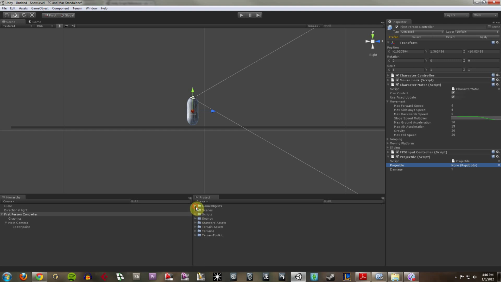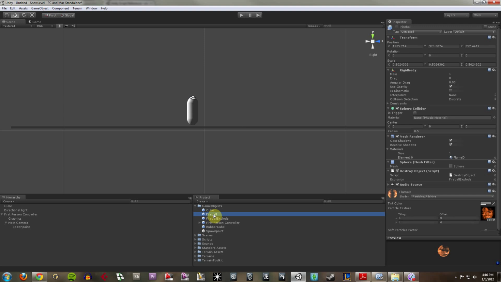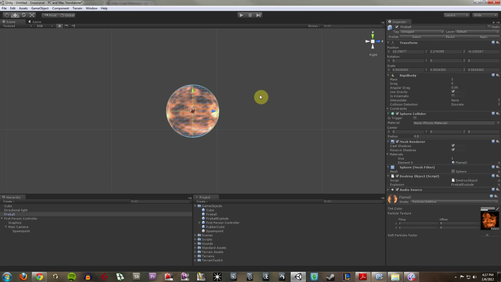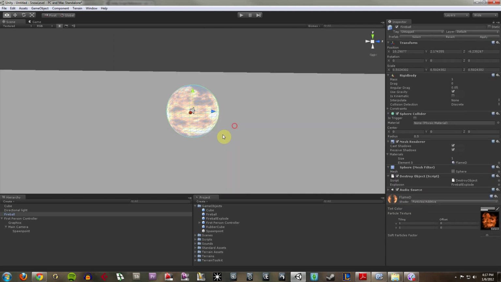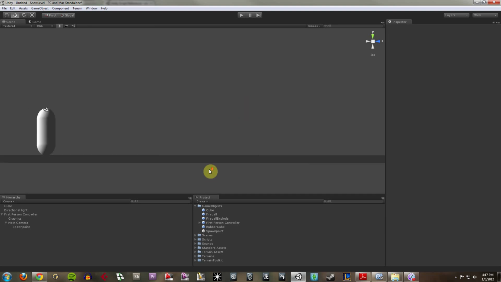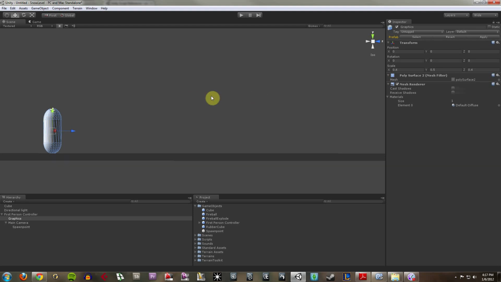But what I'm going to do is, I created a fireball prefab, which is a pre-made game object that has things attached to it already, which you can see here. And if I bring that in, we can kind of see what it looks like. So it's pretty much just a basic game object with some mesh to it. It has a spherical collider and it has an audio source, so it makes a sound when it generates. So I don't need that in my scene right now, but that's what it looks like. So now if I click back on my first-person controller